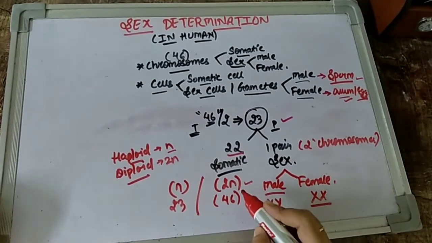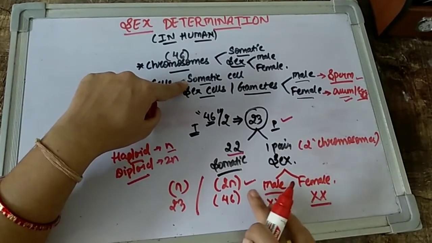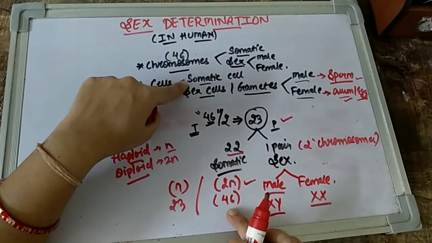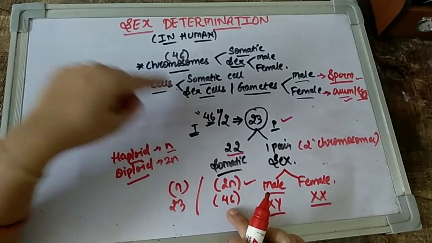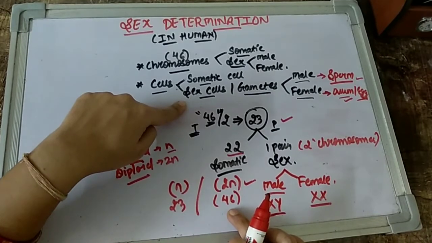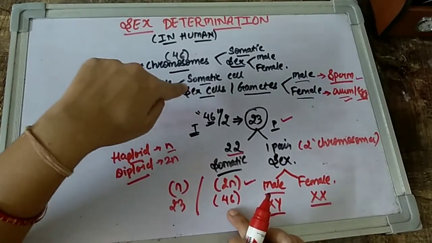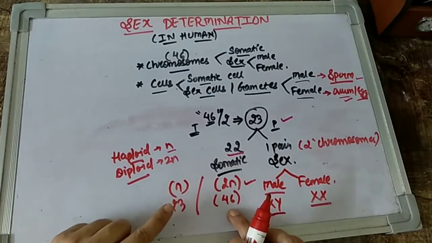So as I'm saying, the somatic cells will have what condition of chromosomes in them? They will be diploid. All 46 chromosomes will be there in somatic cells. But when you talk about gametes, children, please note it down, very very important. In the case of gametes, or the sex cells, we have half the number of chromosomes, that is 23.